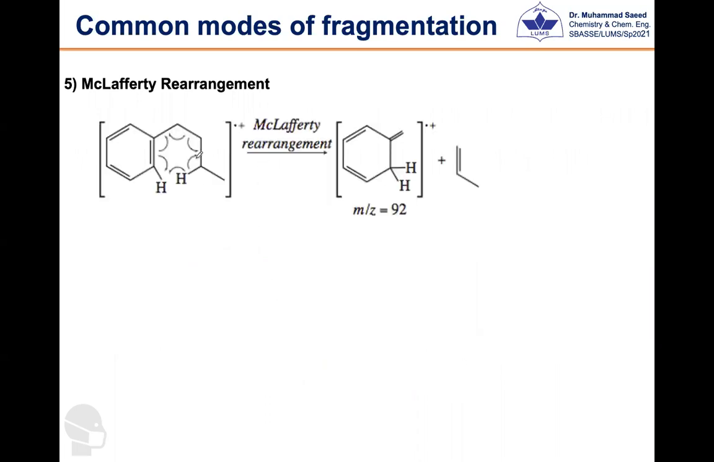McLafferty can be shown in benzene ring, ये मैंने आपको पहले भी दिखाई थी। सो अगर आप इसको अल्फा, बीटा और गैमा के साथ लेबल करें तो गैमा हाइड्रोजन go very close to the site of ionization, जो यहाँ पे इस डबल बॉन्ड में है, and we will have a peak at 92 where the radical and ion together and one alkene will be lost।